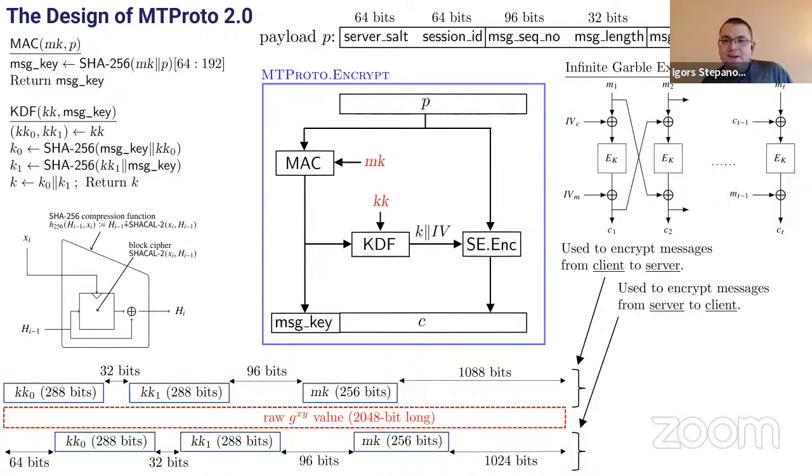It's actually not. Furthermore, our proof relies on novel assumptions about the block cipher, SHACAL-2, that is used in the Davies-Meyer construction of the SHA-256 compression function. We need it to be PRF secure under different forms of related keys and key leakage. It seems that any proof here would need to deal with such related key assumptions about SHACAL-2. To conclude the discussion about provable security, further analysis is needed to reach any conclusions about the security of MTProto as the actual real-world protocol.